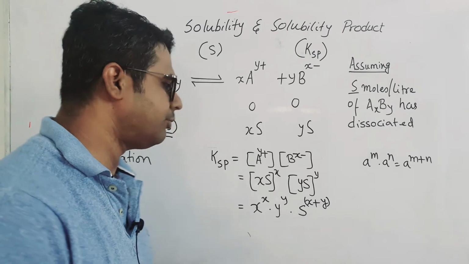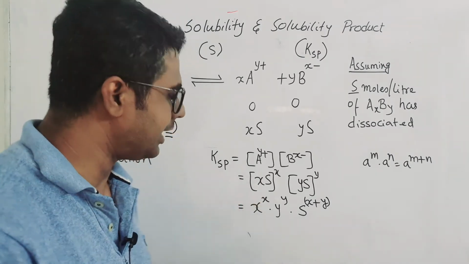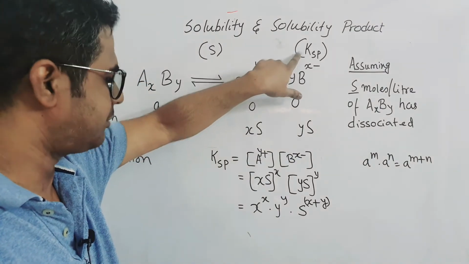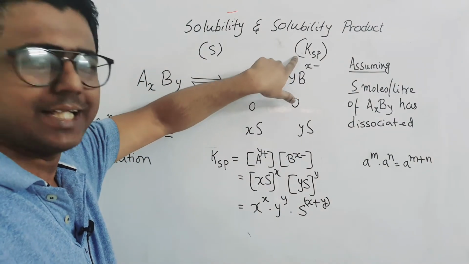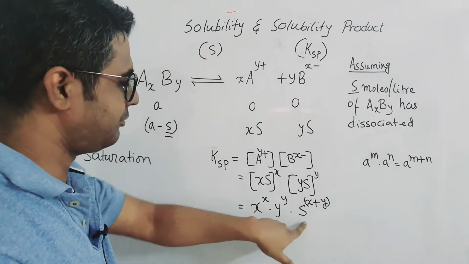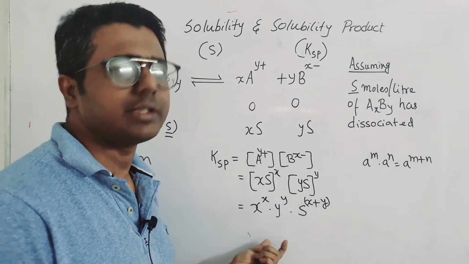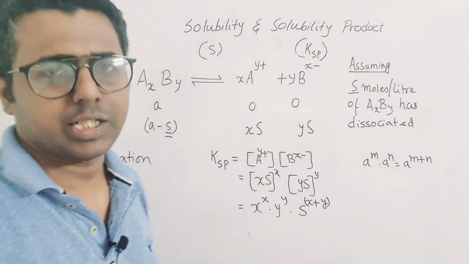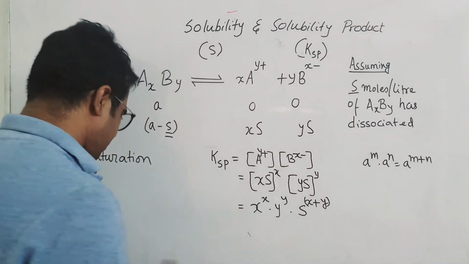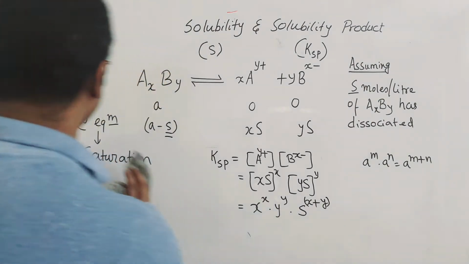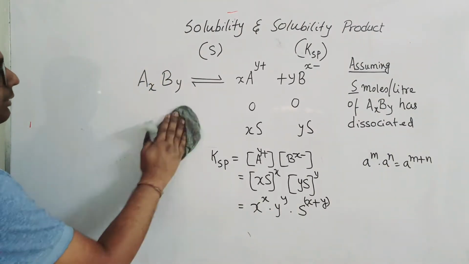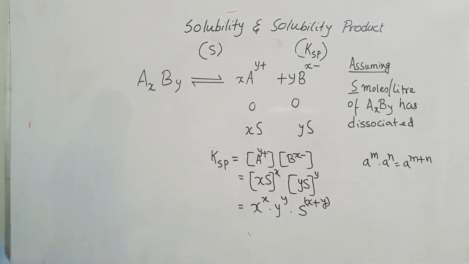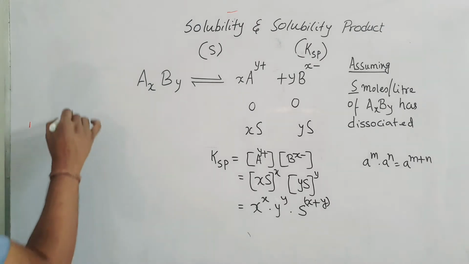Now does this formula relate the solubility with the solubility product? Yes, because the solubility product is Ksp and solubility is S. So if you see, actually x and y will be some numbers while we take some real salts. So we are going to practice now with some real salts. So let's take some real salts and let's find out the solubility product. Okay. So let's take first PbBr2.